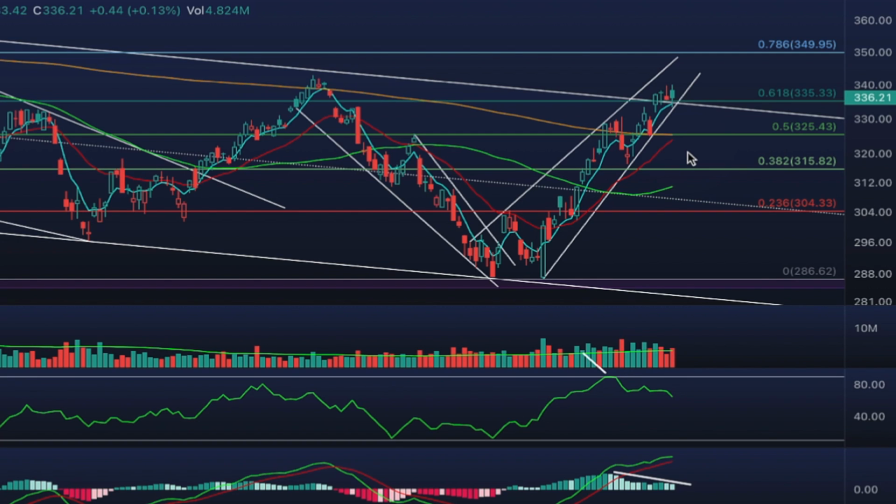But as we can see here, we crossed above this critical extension line of 0.618. So we just have to make sure we remain above this thing. But everything is looking like things are starting to break down here, and we do have a clear rising wedge. So possible support here. I mean, if we're going to break below this high-low trend line, we do have the